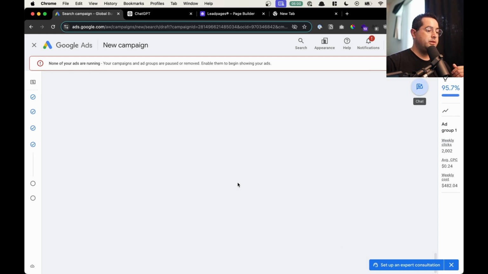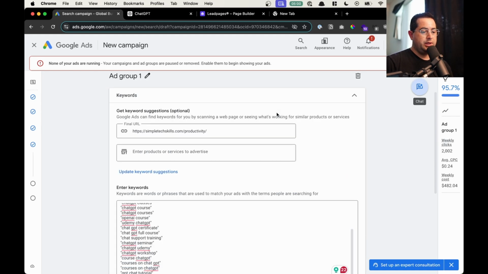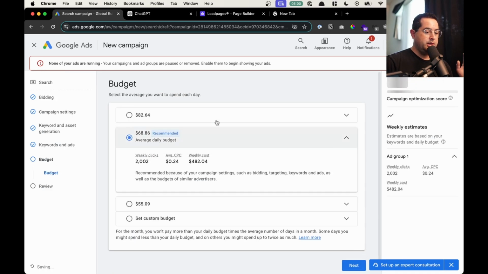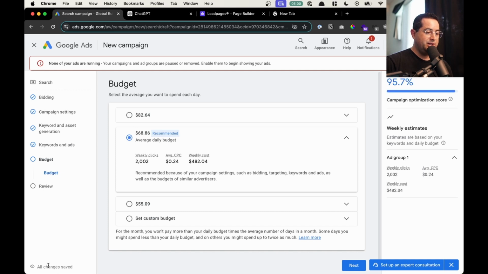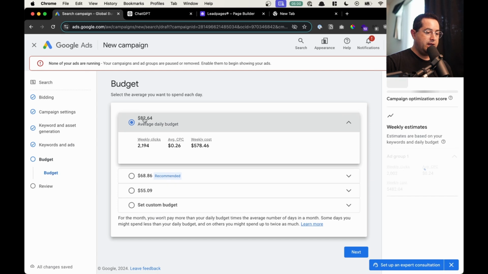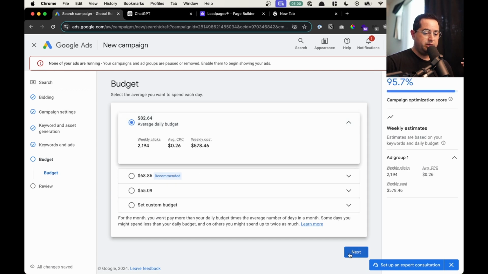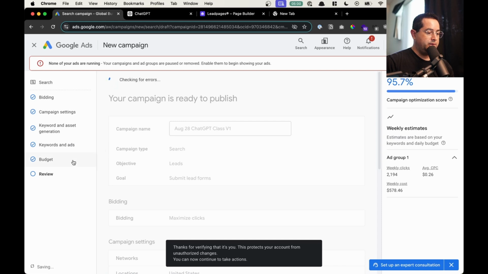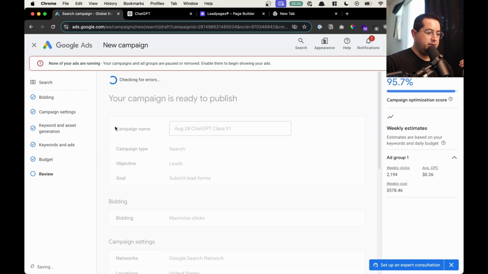Doing good. Then we go scroll up. It just shows the ad right there. Great. We'll click next. Now, sometimes I've had it lag on the save button. So for whatever reason, you could change it later. I'm going to do the highest amount because you can always change it. Doesn't matter. Click next. Because I found that if you do the high budget, then it doesn't get stuck on